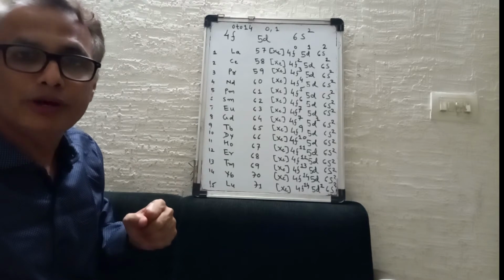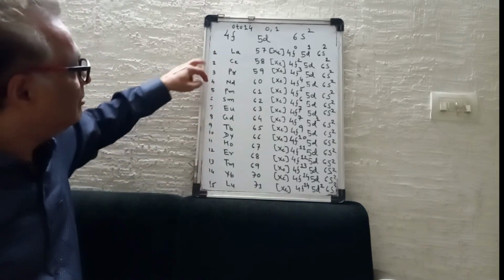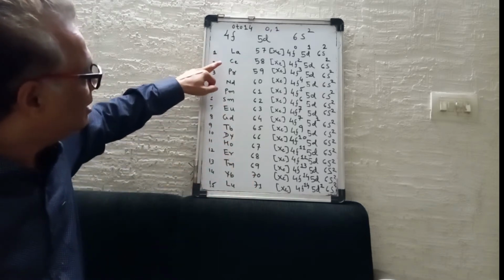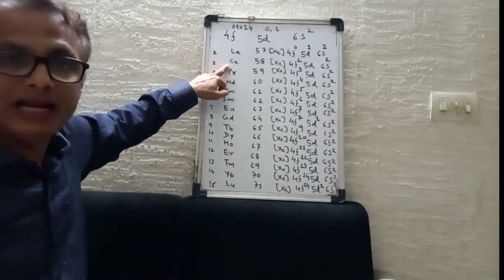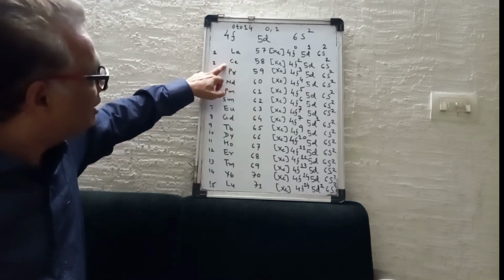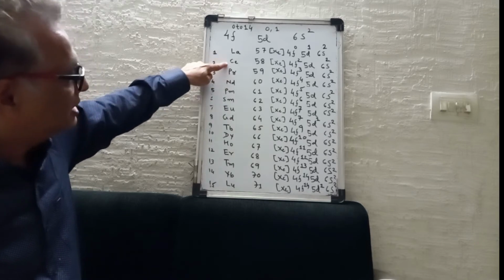Now how are you going to remember the names of the lanthanide elements? Using this trick you can remember all these lanthanide elements. Because the lanthanide elements start from cerium, you can remember this way: Sri Prasad Nand